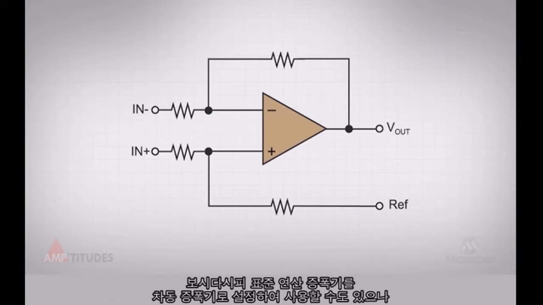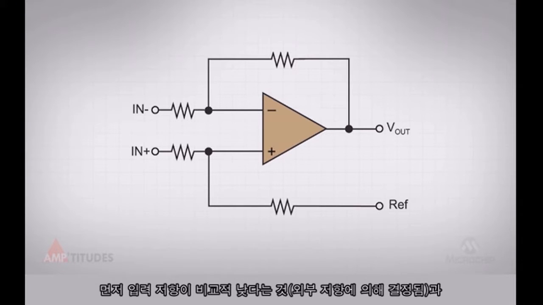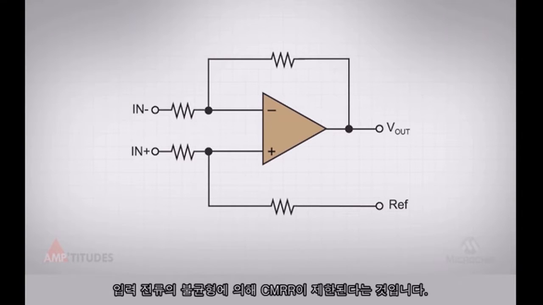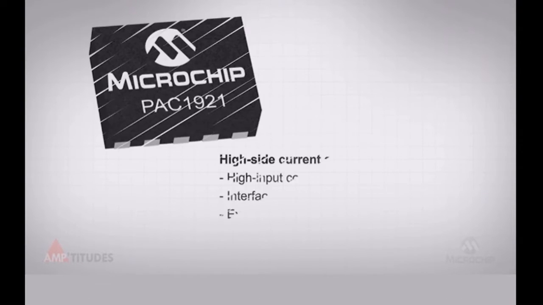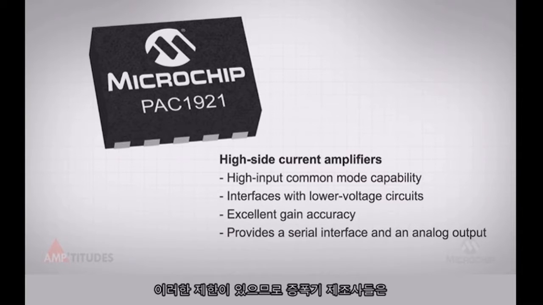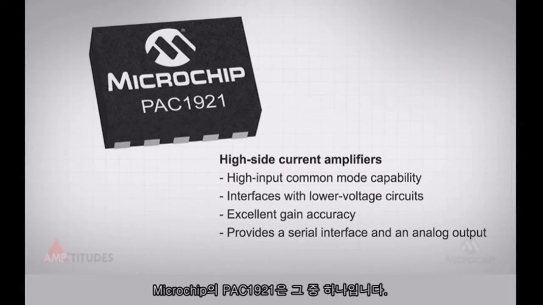A system designer can again use a standard operational amplifier configured as a difference amplifier, as shown here. However, there are some limitations to this approach. First, the input resistance is relatively low, determined by the external resistors, not to mention that the input currents aren't matched, which will limit the common mode rejection. Speaking of which, the common mode rejection will be limited by how well matched the resistors are, which leads to subpar performance. Due to these limitations, amplifier manufacturers have created specialty amplifiers for high-side current sensing, such as Microchip's